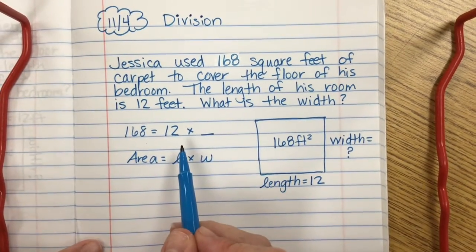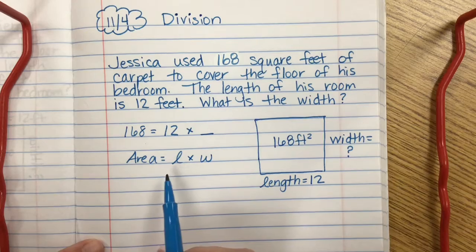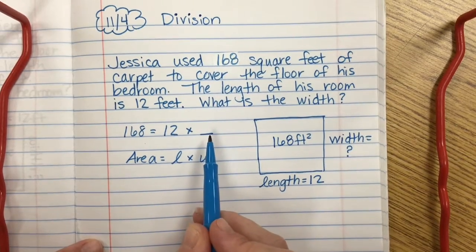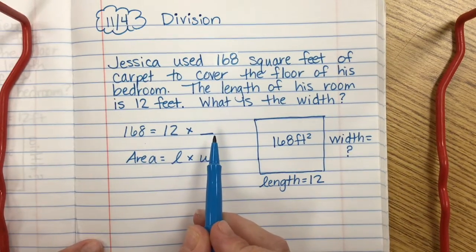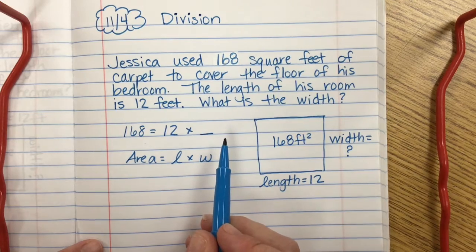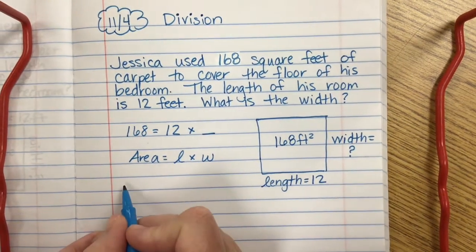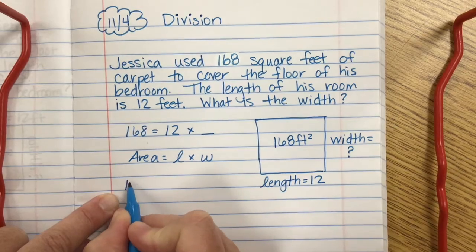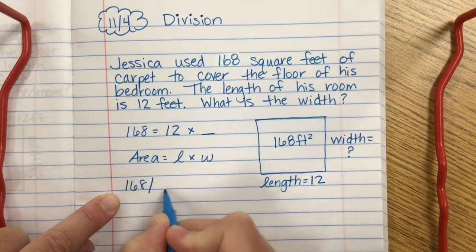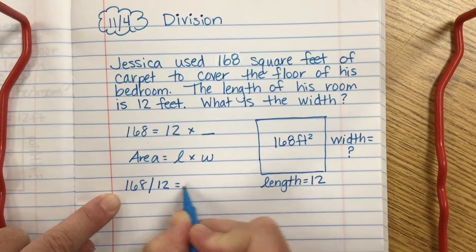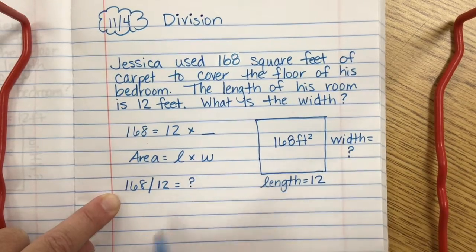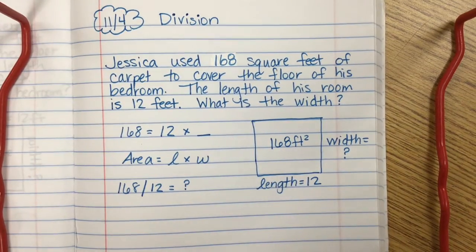So mathematically, can you think of what mathematical problem we would do to solve this if we're trying to figure out this missing number? What I would like for you to do is to pause it and see if you can come up with a number sentence in which you would be trying to solve the answer. All right, if you came up with 168 divided by 12 equals question mark, or you could put an X or another letter there as a value,